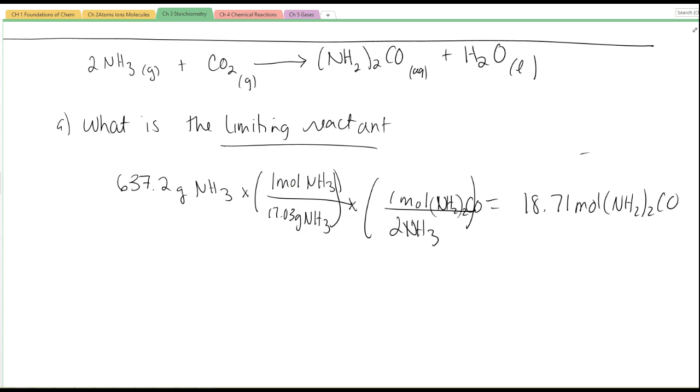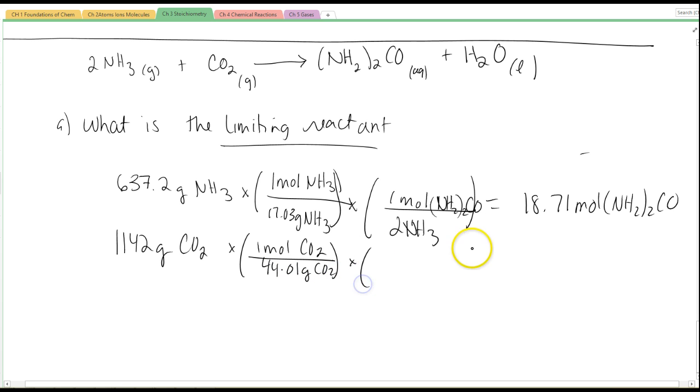So that was a weird little thing that happened on my computer, but anyway, my goal right now is to find the limiting reactant, so I have converted the grams of ammonia that I have to how much of the product it would make. I need to now do the same thing for the carbon dioxide. If I have 1,142 grams of carbon dioxide, how many moles of product can I make? And it turns out that if I do this, 44.01 and 1 mole, this is a 1-to-1 ratio for my balanced equation, so I know that 1 mole of this